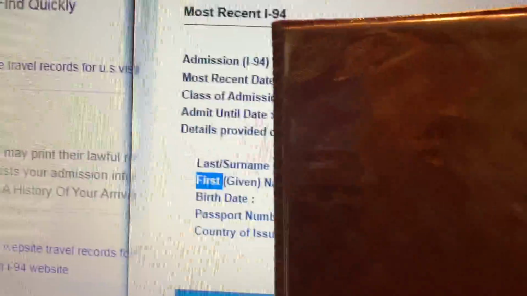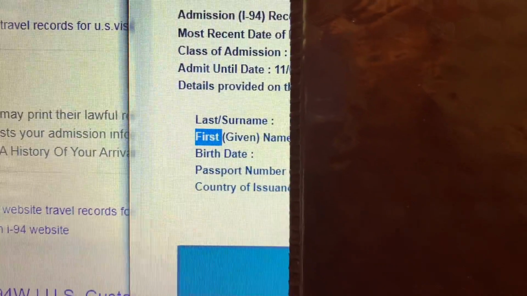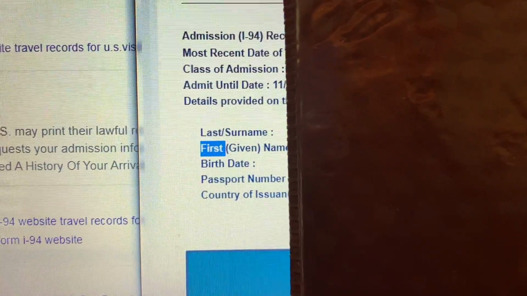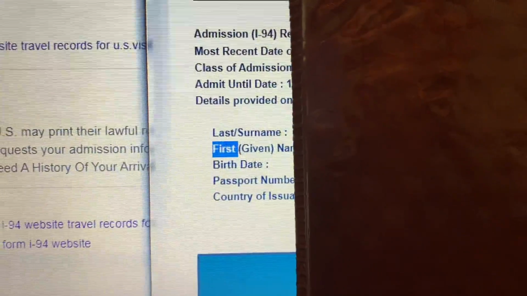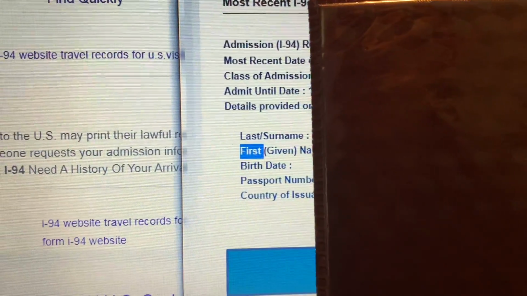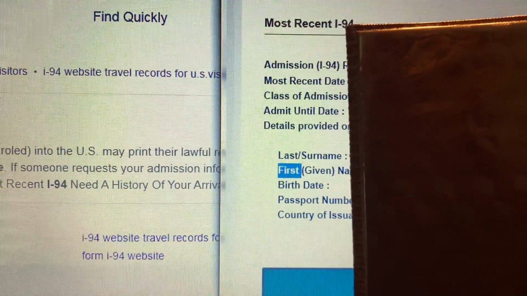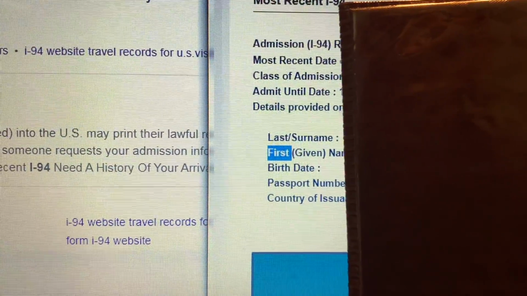This is what you can see in your most recent I-94. The admission date is the most recent date that he arrived here in America. Then the class of admission: for example, he is a K2, I am a K1, so it's stated there, K1, but for him, it's K2.